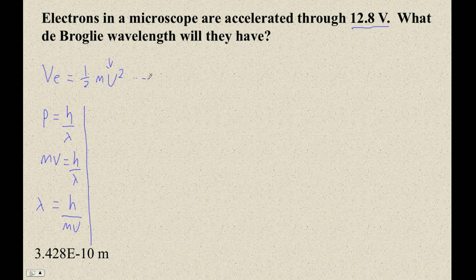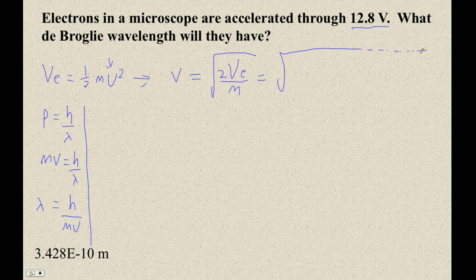Okay, so let's use this equation and figure out what that velocity is, right? Okay, so the velocity is going to be 2VE over m, right? That's the velocity squared. So multiply by 2, divide by m, and then square root, right? Okay, so that equals